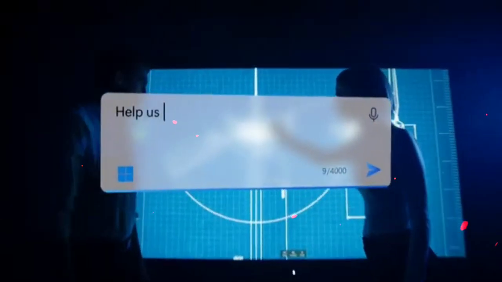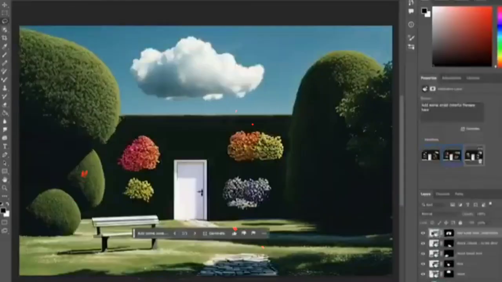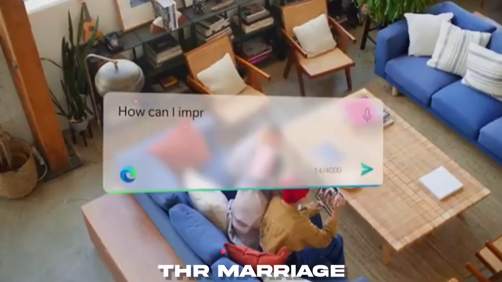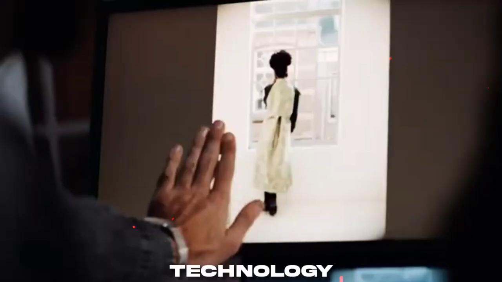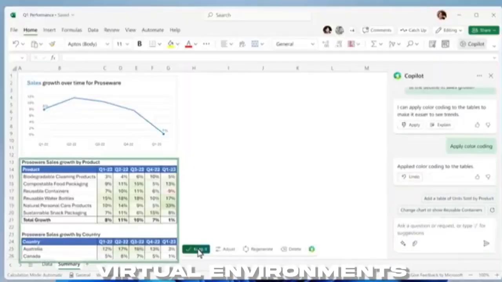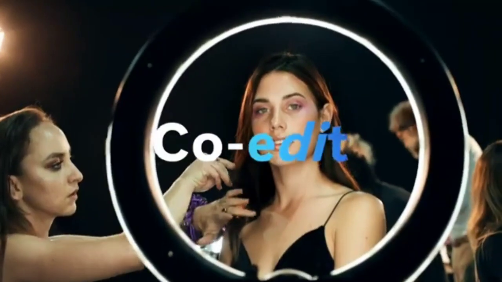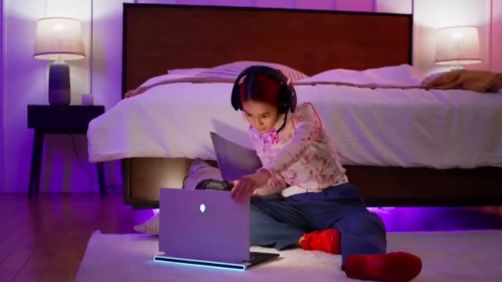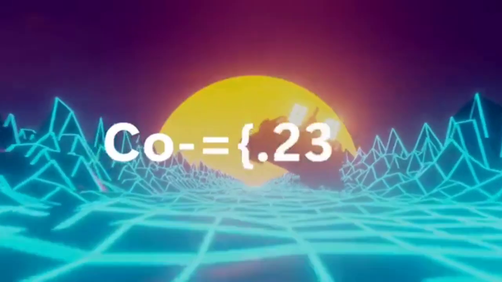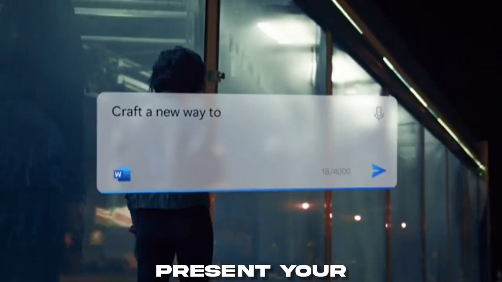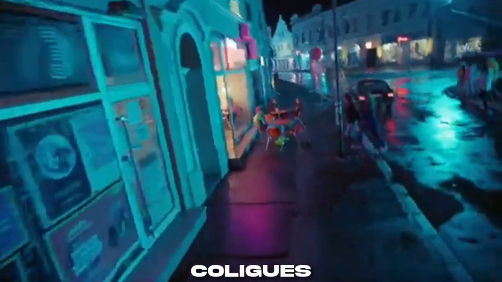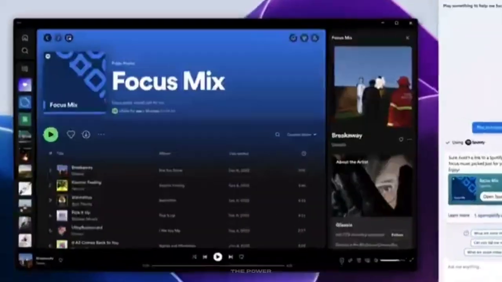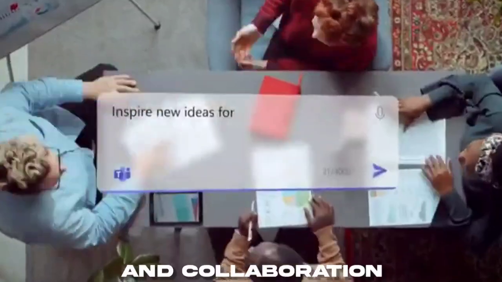In short, WebSim is your gateway to limitless creativity. Whether you're prototyping new ideas, creating educational tools, or simply exploring for fun, the marriage of AI and simulation technology creates the conditions for innovative virtual environments. What's truly remarkable is the ability to save your creations as offline-ready HTML files or share them via simulated URL. This means you can present your virtual worlds to friends, colleagues, or the whole world, demonstrating the power of digital creation and collaboration without